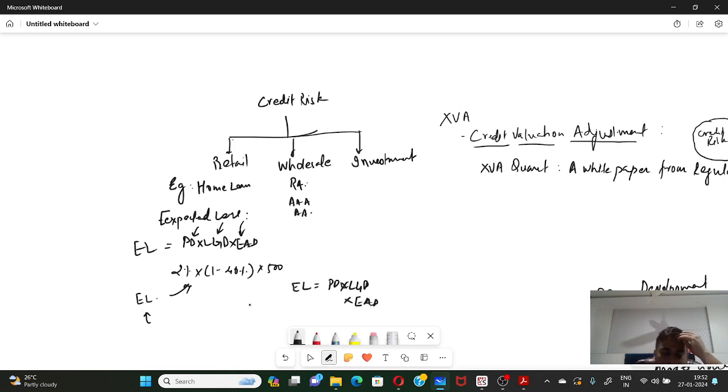So you have the probability of default, that a guy could default, that comes from ratings and from looking at the financial statements and all of that. Okay. So this is a very brief overview of credit risk in the context of retail and wholesale. But that's not what we are looking at. I'm just giving you a background that credit risk, despite the fact that we might be learning it in an investment bank and derivatives context, is a pervasive risk. It generally exists at a lot of other places. And these are examples of the existence of credit risk in other places. Okay. Now let us come back to investment banking and what we are talking about in terms of credit risk,